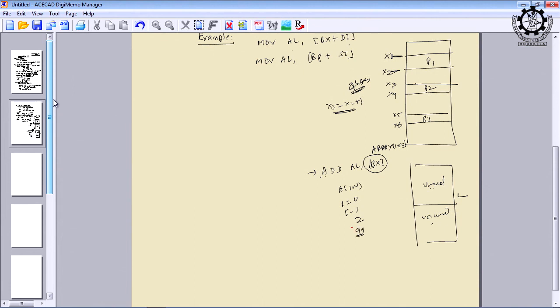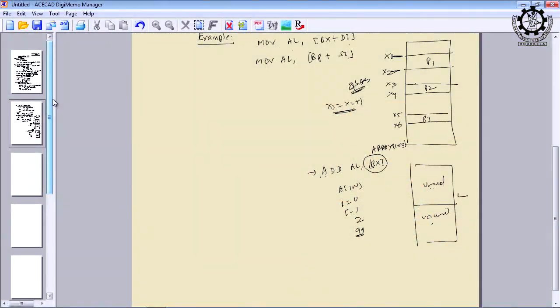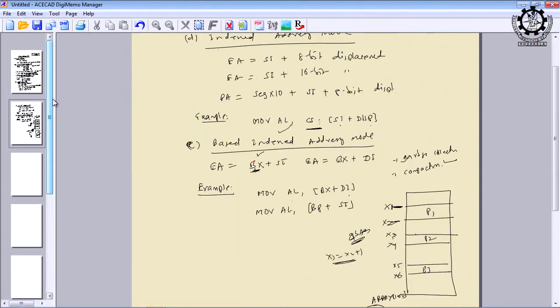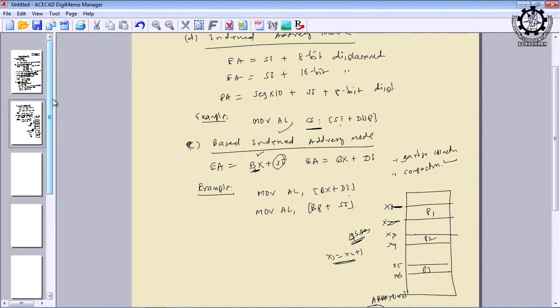These data areas are consecutive, so to refer to these 100 data items, every time I have to refer to only one memory location address where my instruction is stored. I can get the address of the instruction by using the base register and the segment register, and I will keep moving through the data using SI, the source index, and DI, the destination index. Am I clear? That means I am referring to a number of memory locations by referring to a single location.